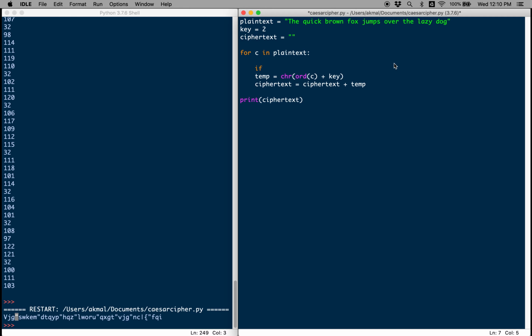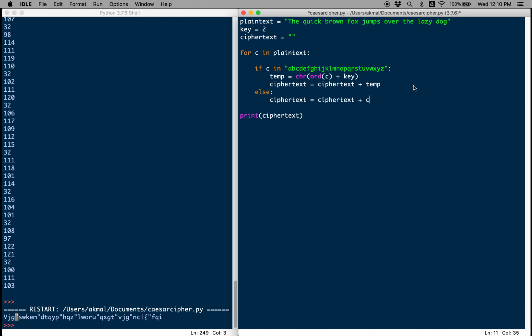So we'll do a check here. We'll kind of gatekeep if C is in the alphabet characters, right? A B C D E F G H I J K L M N O P Q R S T U V W X Y Z. Okay, and this is just for the lowercase characters. We need to do it for uppercase characters too. If the character is one of these, then we'll perform the operation. Otherwise, we will just append it